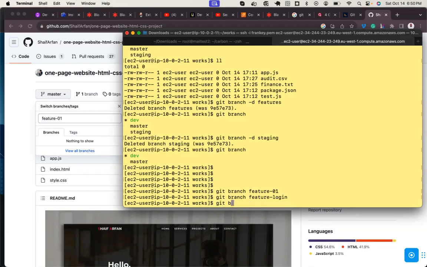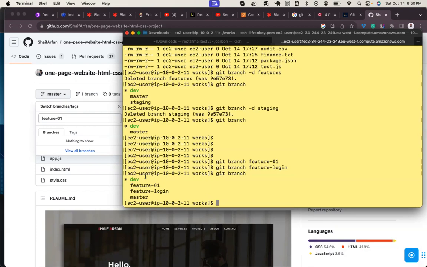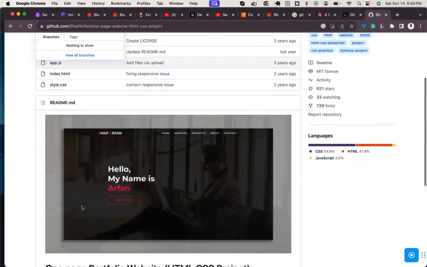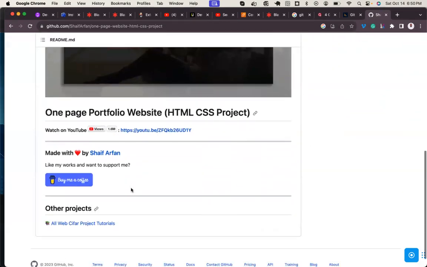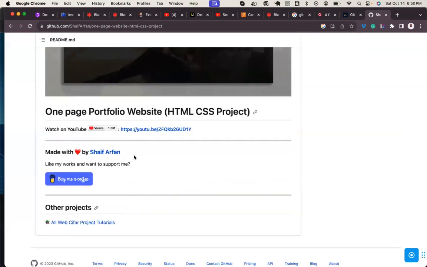So these branches hold your smaller changes, features. Now, for instance, in my web application, if I need to add a color somewhere here, assuming that this is my web application, I could open this.